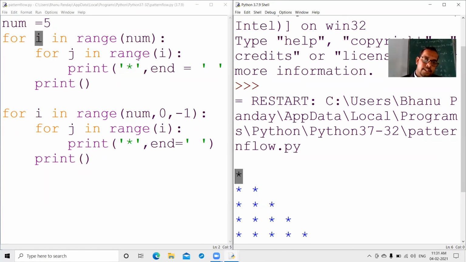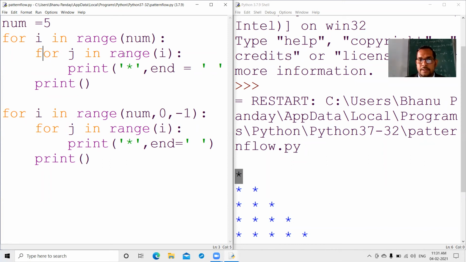Next time the condition is false, because the value of i is 1, it will execute only for 0. Then print means come to the next line. Next, the value of i is 2.